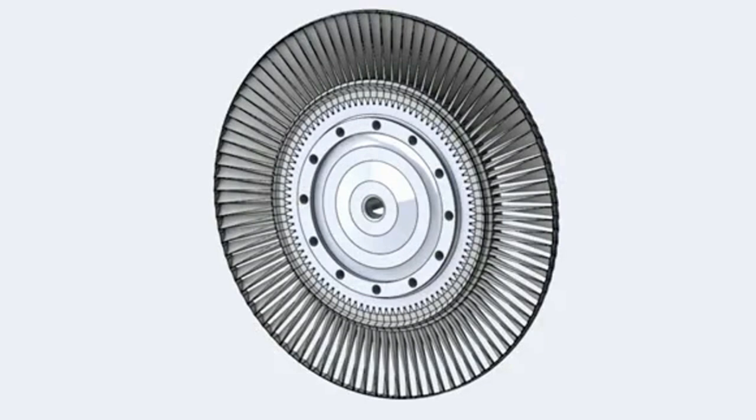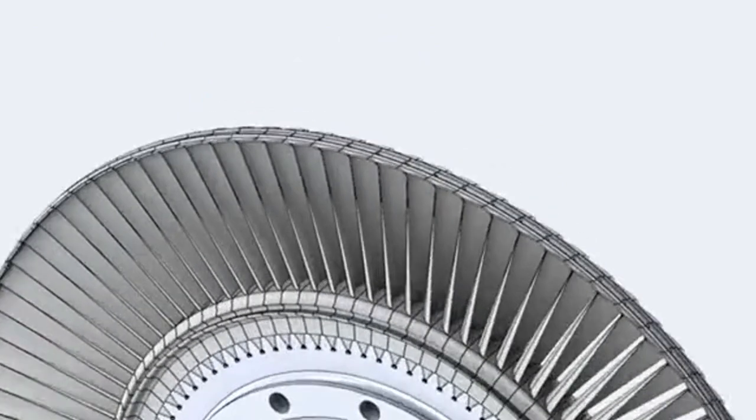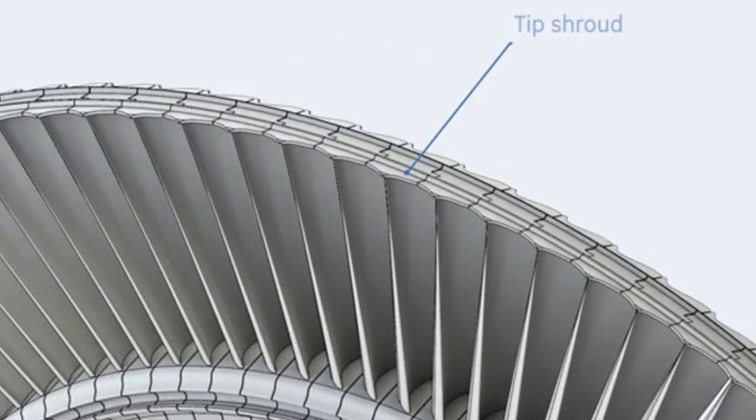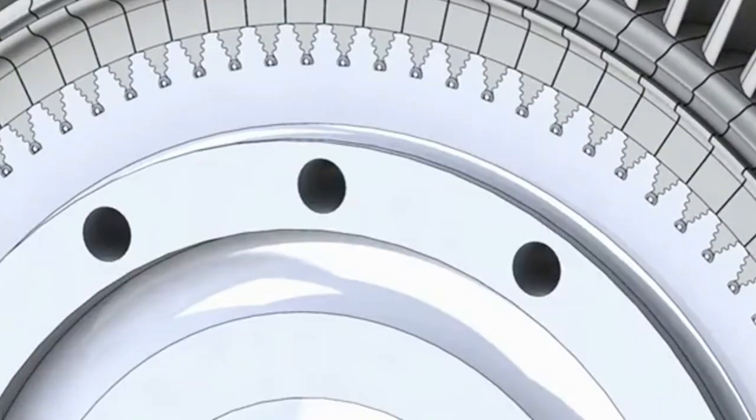92 buckets are also installed on the third wheel. Third stage buckets are not internally cooled. The third stage bucket tip is also enclosed by a shroud. Buckets are attached to the wheel by the dovetail arrangement and held in the axial direction by a twist locks arrangement